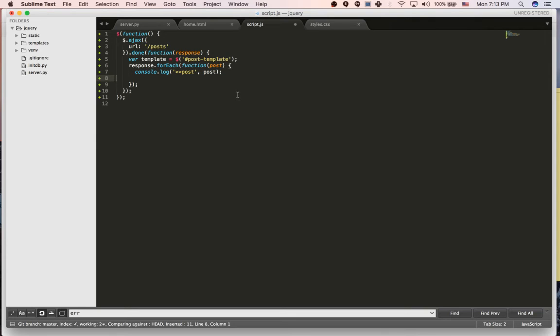And so the less time you're actually interacting with the HTML and changing stuff in the DOM, the faster your code will be. And so I'm going to put this template out here outside of the for each method, and then that's going to give us a reference to the template that we can use inside of here. And so what we're going to do is we're going to go var newPost equals